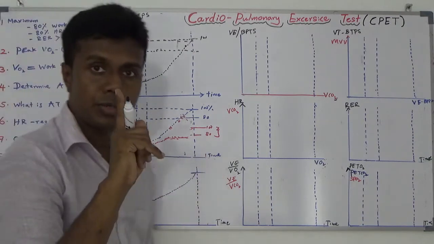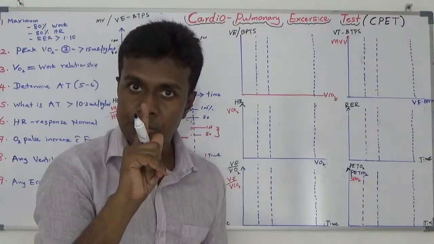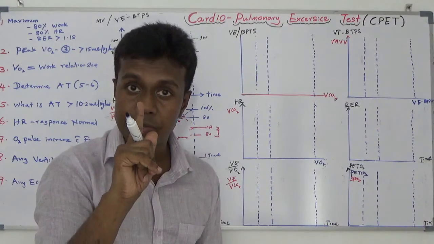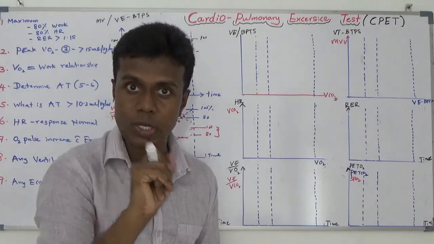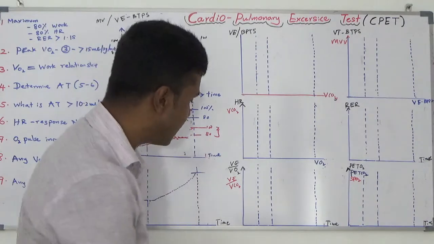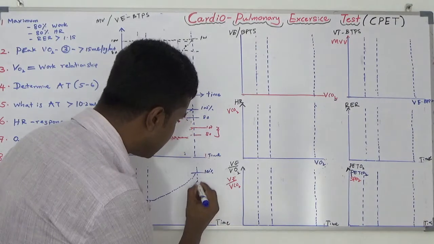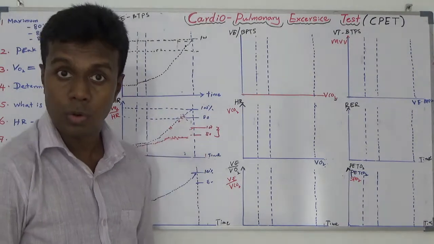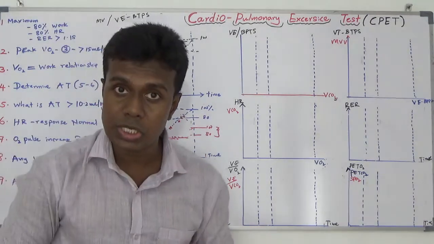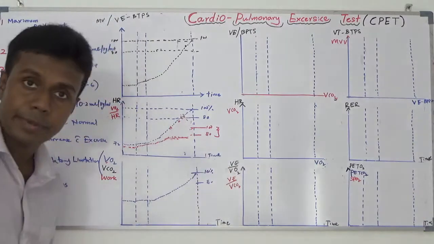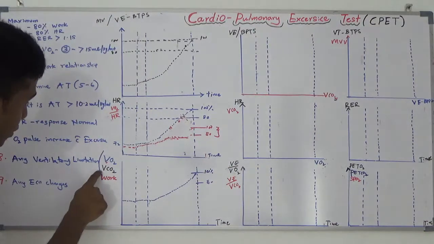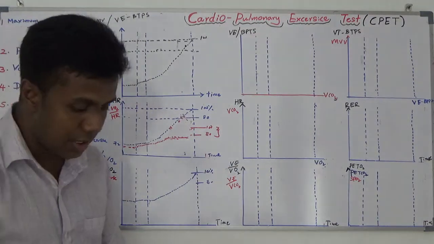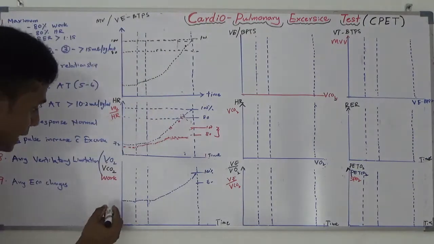If you are perfectly normal, you should achieve machine calculated, software calculated 80 to 100% value. 100% here, 80% here. You should achieve those two values. Amount of oxygen utilization, you should achieve 80 to 100%. Then the amount of carbon dioxide production, VCO2, I am going to draw in the black line.